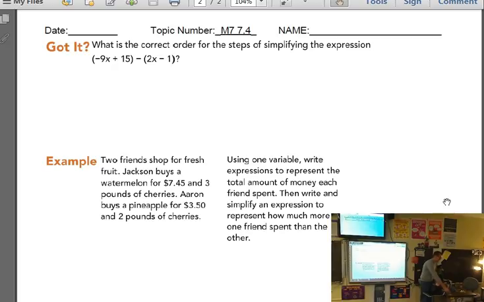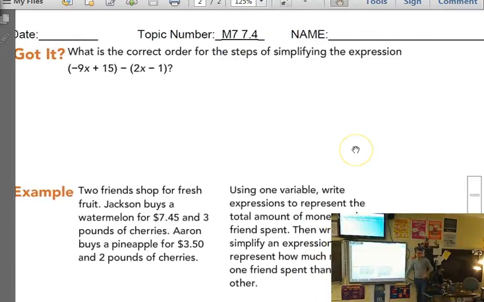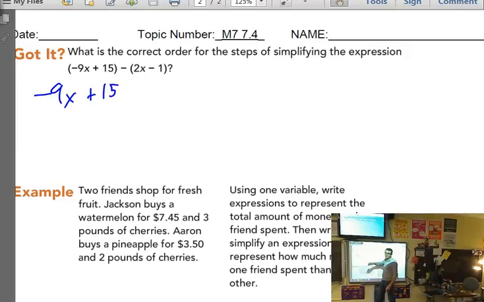Bella, how would I start this problem? We talked about 2 different methods yesterday. One was definitely easier than the other. How would you start this? Yeah, so the first thing we do, keep the negative 9x plus 15 the same. Then,